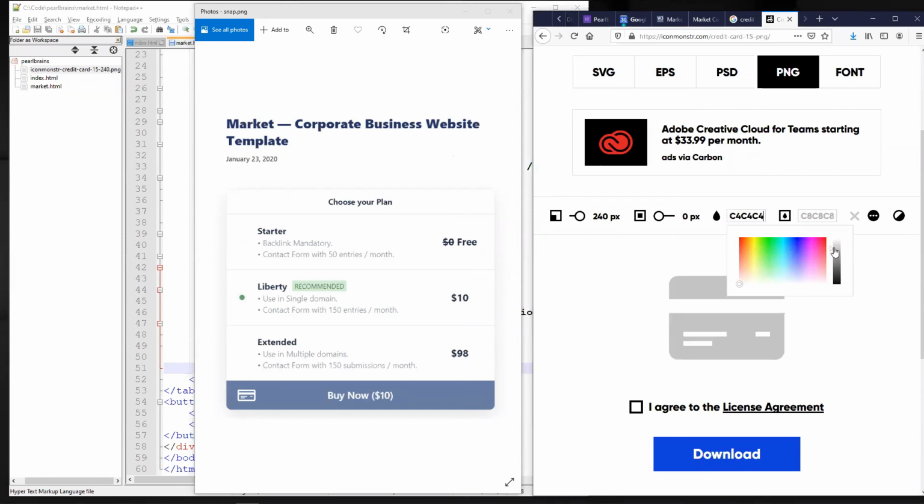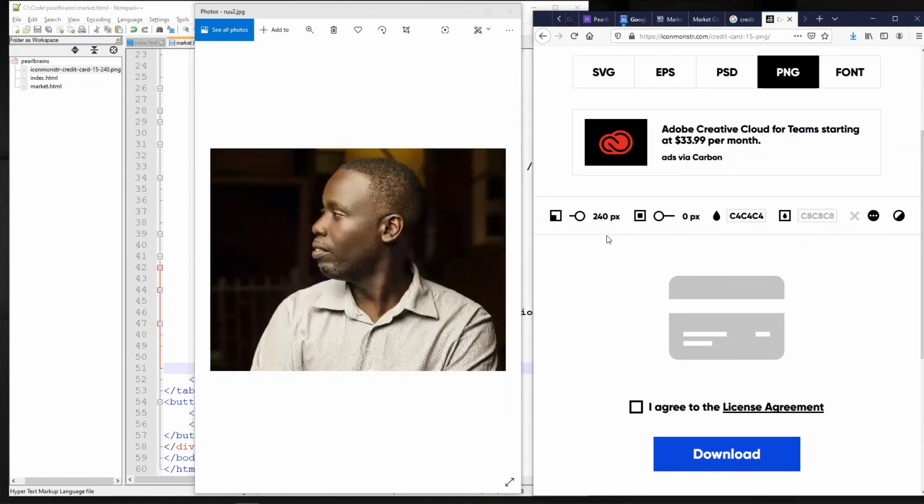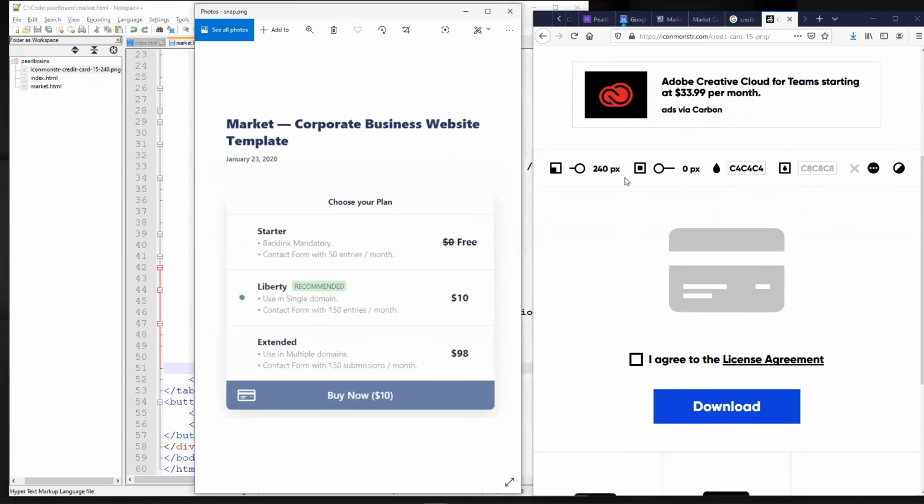Is this a color? Oh, okay. Let me see if I can get some opacity here. Oh, this is the size. This is the size, and this is the width, and then this is... So I guess